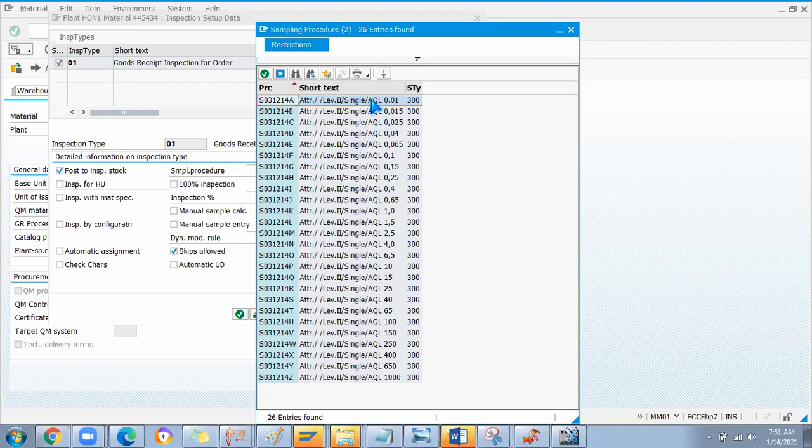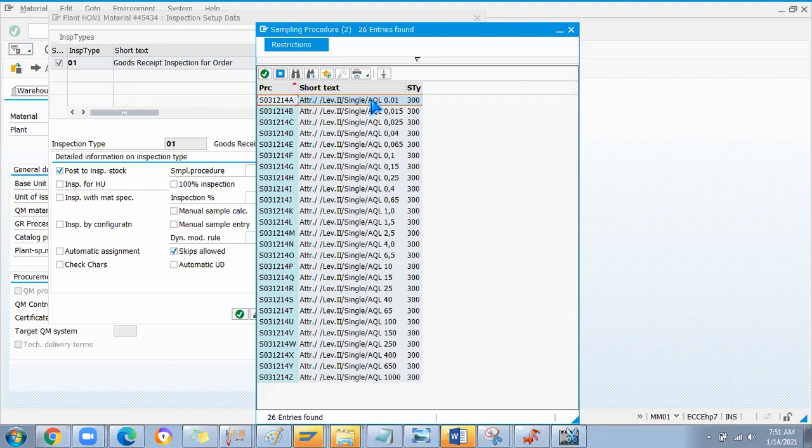In that AQL chart we will mention some process. I don't want to give more details on that, so you can research in Google or somewhere and you will get more information about AQL. There they will decide how many samples to be selected for the 500 lot which you are going to get. If it is an A, B or C grade material, based on that we decide what the AQL level is for that particular material.